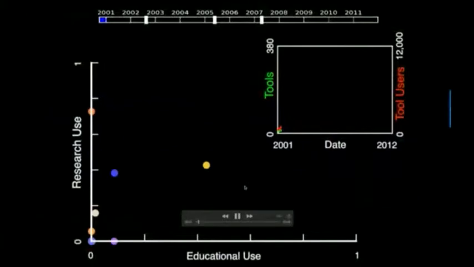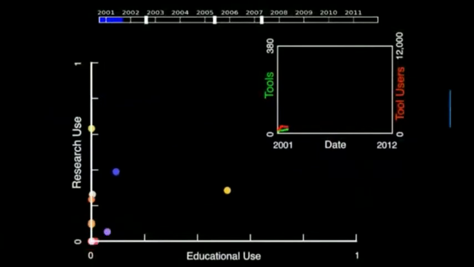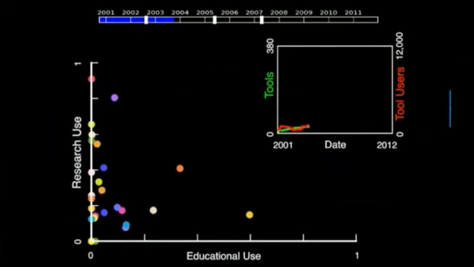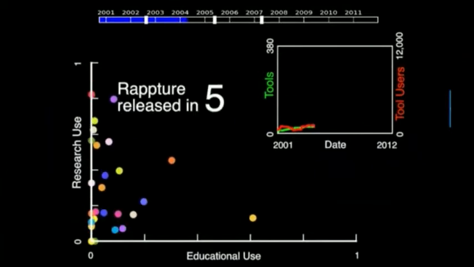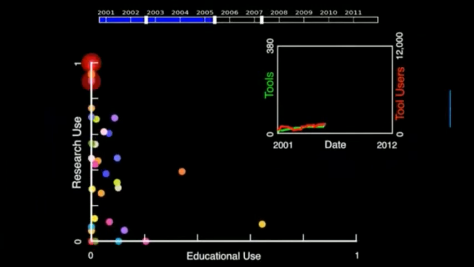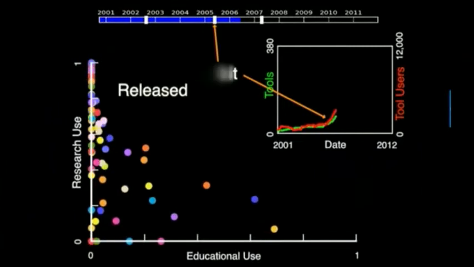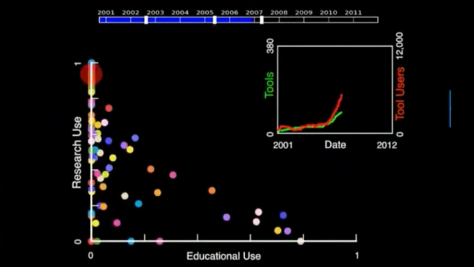All right, so here is a plot of tools. You can see when a tool is first invented, created, it shows up as a red flash. So a lot of the tools are starting up at the origin. Some start up kind of on the research axis. And you heard a little bit, I showed you earlier, that Rapture toolkit that you could use to drag and drop the controls. As soon as we released that, people started creating tools like crazy. It became a whole lot easier to put tools up on the hub. And you can see the tools really taking off.